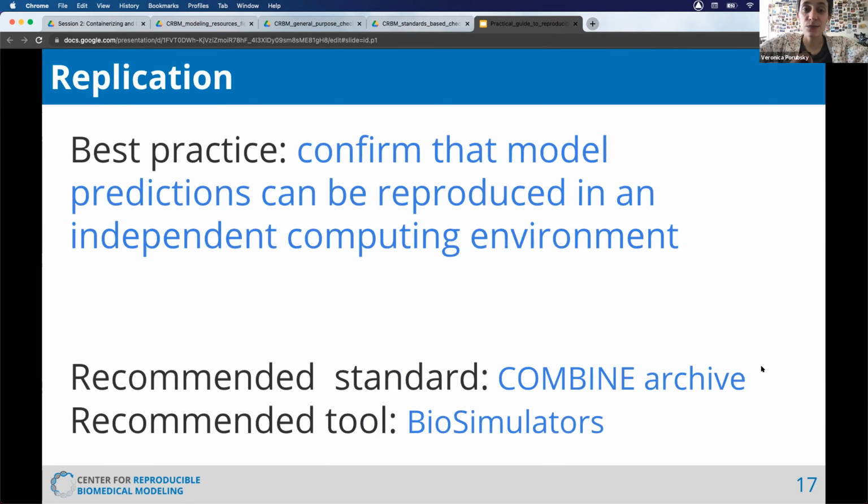Okay, the next stage is replication. So the best practice here is to confirm that your model predictions can be reproduced in an independent computing environment. Often replication can be difficult to achieve when the modeling studies are sensitive to dependencies. So this can include the simulator that you're using, all the software libraries that are necessary to execute your simulations. Even your operating system could alter your ability to replicate